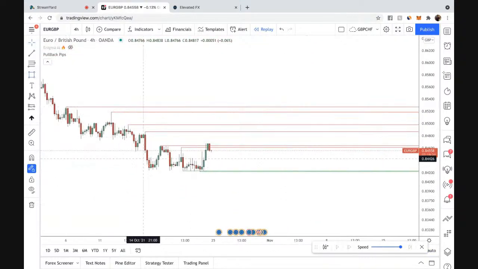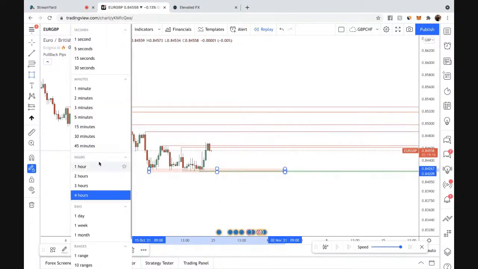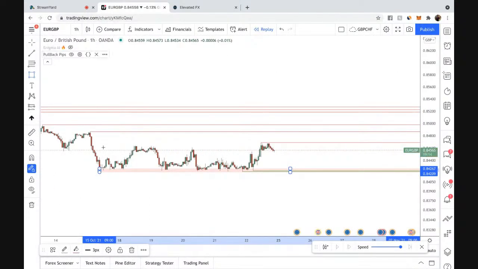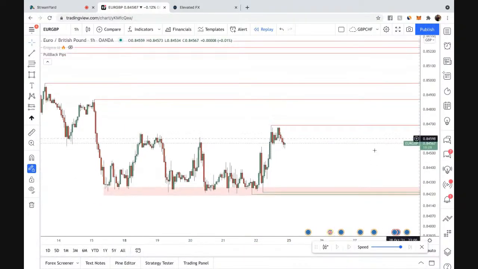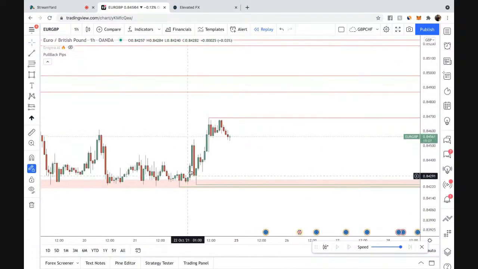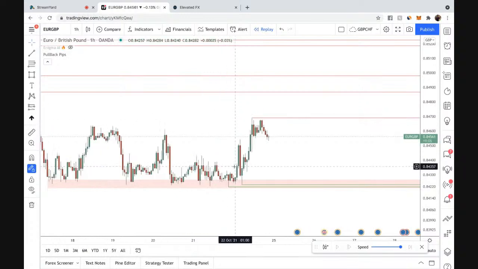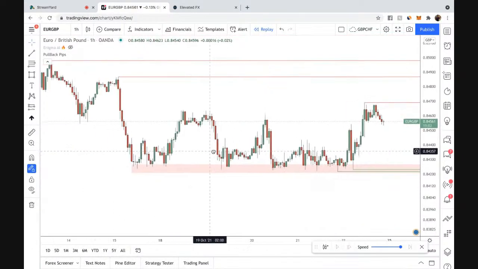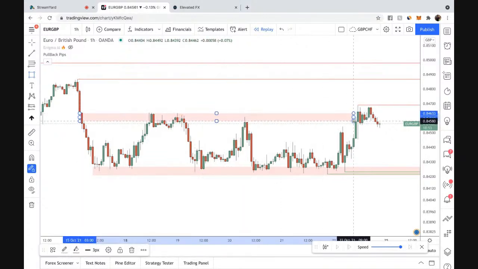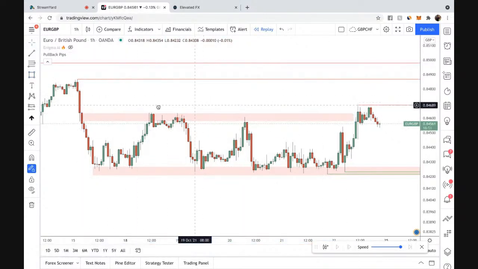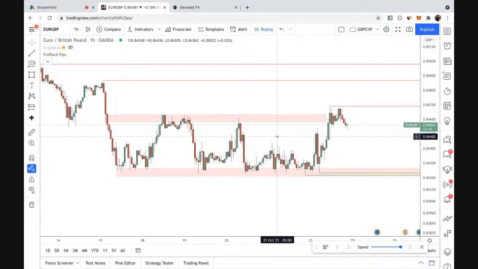Because the question you always ask yourself is, what is the market reacting off of to give me the decision to make the move? Oh, it's reacting off of this support, right? So eventually there was going to be a moment that the market was going to start throwing strong momentum. Where was that moment? Well, in the past, what were those moments? Well, right here, when it started moving up. Well, right here, when it started moving up. But for some reason, this area didn't want to get broken, right? That's why we had a lot of that consolidation last week.